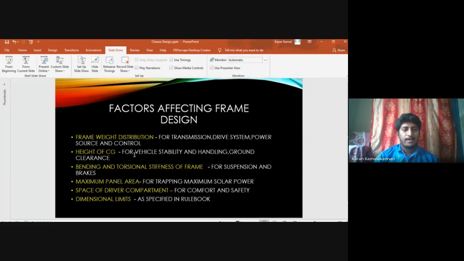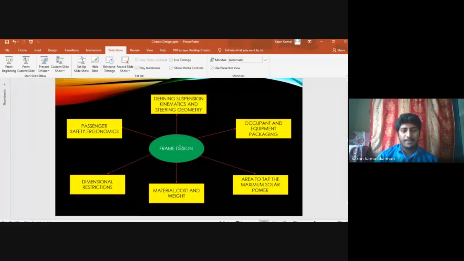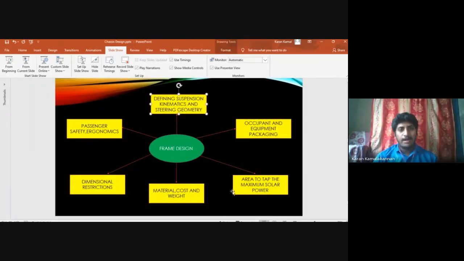Okay, next slide we have a brief comparison. This is the thing I would like to stress upon with questions. Whoever has any prior experience in designing, I expect to know where you would start your frame design. I need some answers from your side, participants.